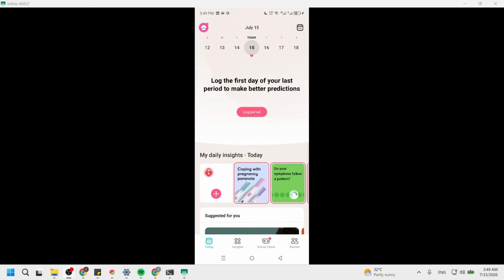By following these steps, you ensure that the Flow app reflects your current situation accurately. This is essential for tracking your menstrual cycle effectively and getting the most out of the app. Remember, these adjustments are all about making your experience as personalized and relevant as possible. As we wrap up, it's good to remember that these changes can positively impact how you engage with the app in the future. You can now focus on what matters most to you right now.